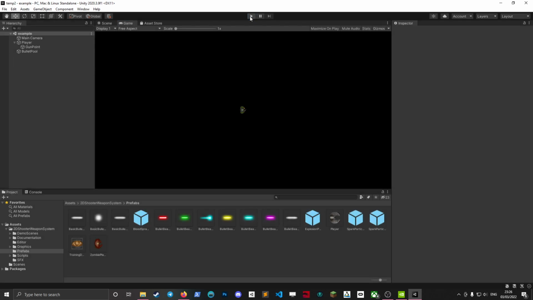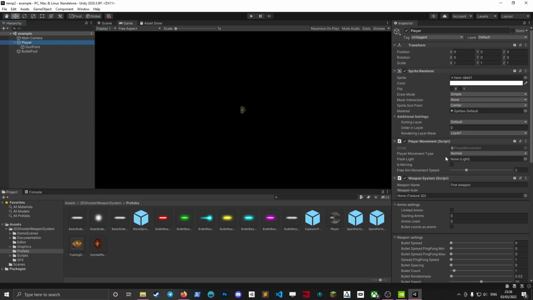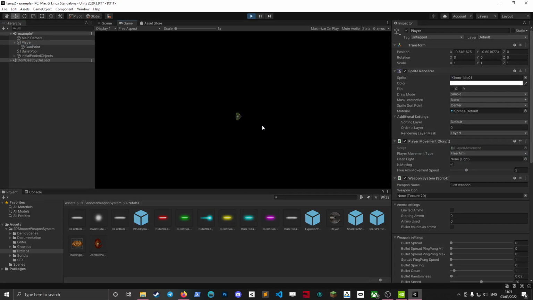Right, so that's a basic bullet. Let's go back to the player, and I'm going to change the movement type to free aim. That'll give him a bit of a better movement. So if we use WASD again now,